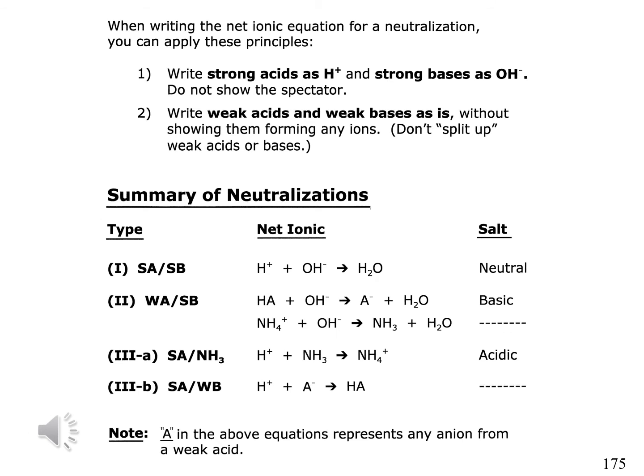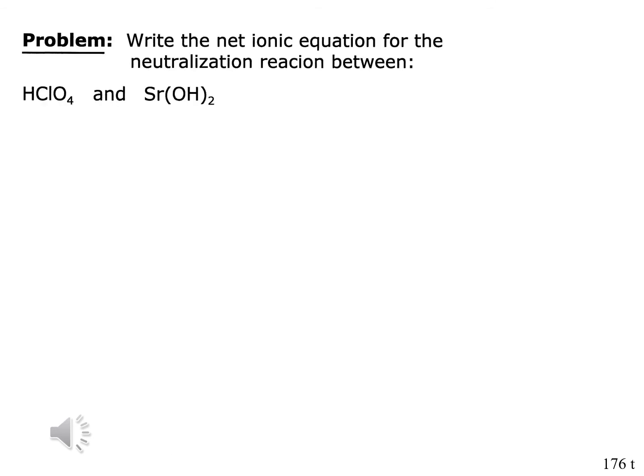What I want to do at this point is do some actual practice ones using real compounds mixed together. I'm asking you to write the neutralization reaction that occurs between these two substances. The first thing you have to do is classify each one and then decide what happens. HClO4 is one of the 6 acids that's strong, and strontium hydroxide is a strong base because it's a metal plus OH. So you write the strong acid as H plus and the strong base as OH, and they form